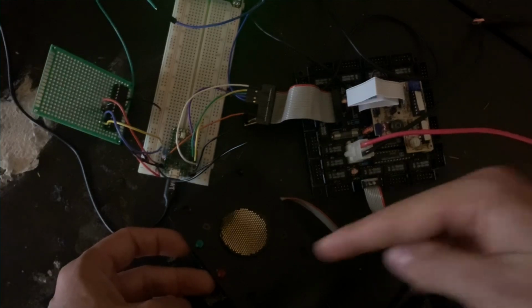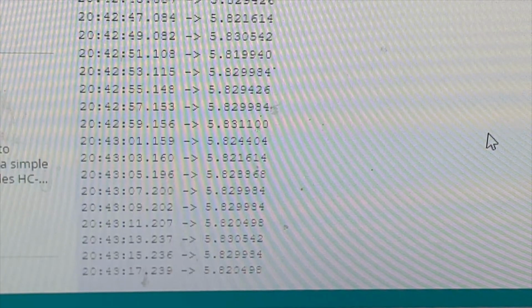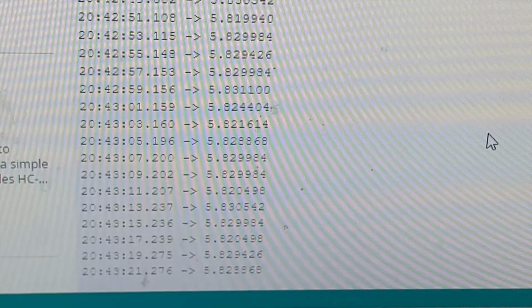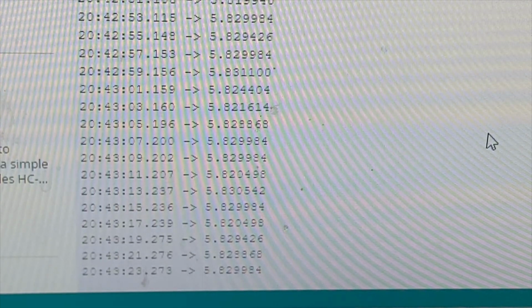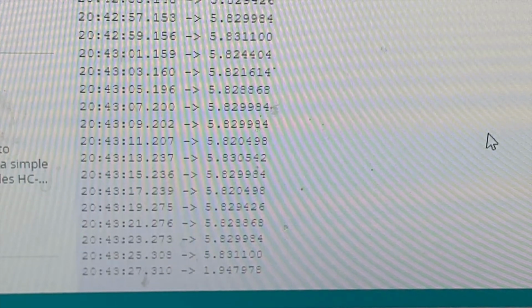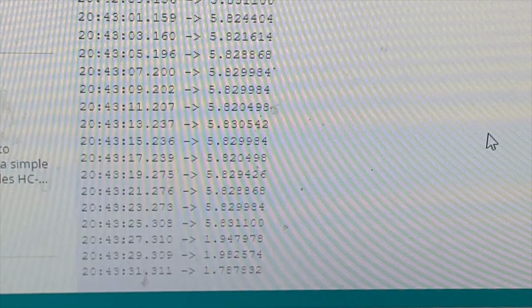I've turned off the lights just to show the LEDs pulsing, and you might be able to hear it clicking. Right now I just have it set to pulse about every 2 seconds, I think. So if you look at that bottommost number, it is pretty accurately repeating the distance from my table to my ceiling, about 5 3/4 feet. And then if I put my hand above it, it'll drop to about 2 feet,